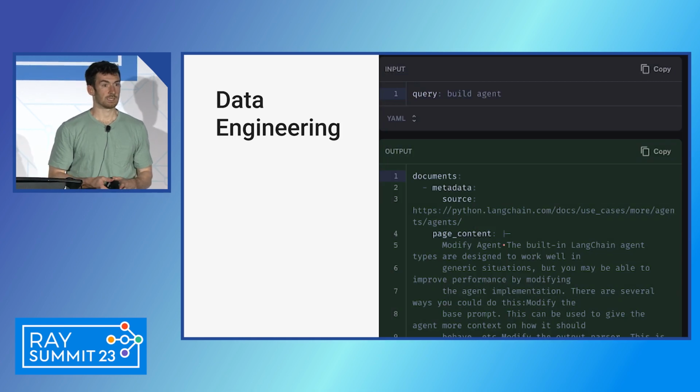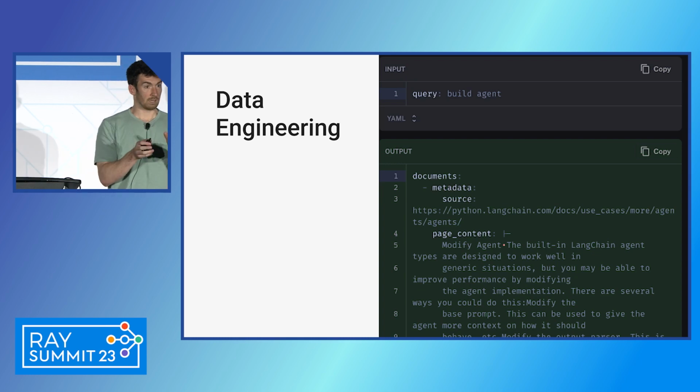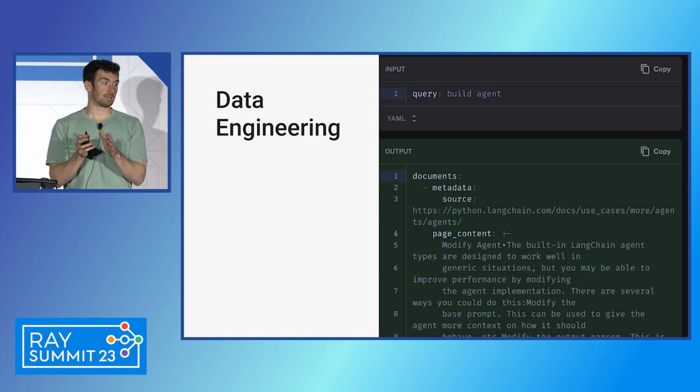The next big challenge that we see, and this is actually the main place that we see people who are building on LangChain spending time. That's a little bit self-selecting because they've gotten a lot of the orchestration out of the way, but we see them spending a lot of time on data engineering because a lot of this is around providing the right context to the language model, and this context is data. A lot of this data is now natural language or text-based data. There are a few different aspects here.